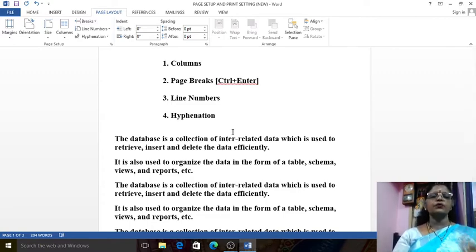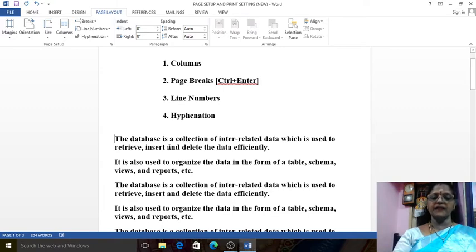One is using the shortcut key, that is Ctrl plus Enter. Whichever paragraph or text I want to go to the next page or new page, at that place I put my cursor. So now I put my cursor on that place. Now I click Ctrl plus Enter.